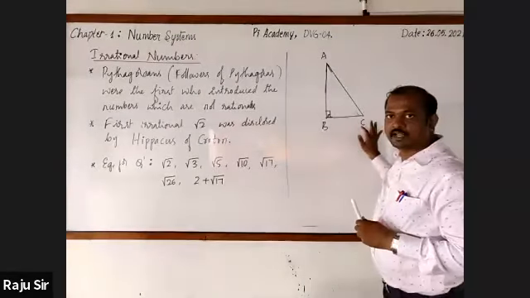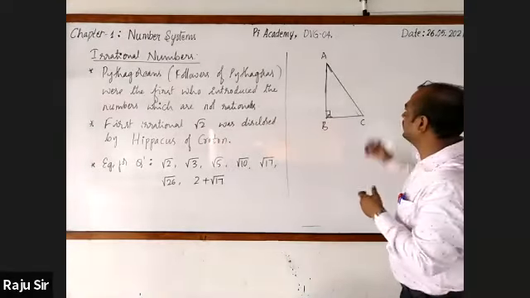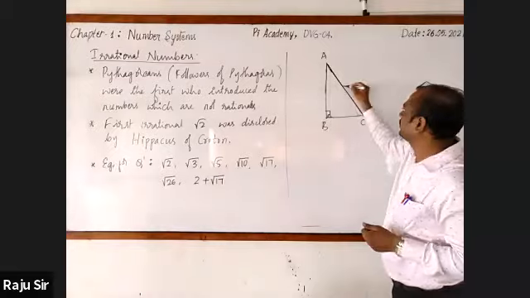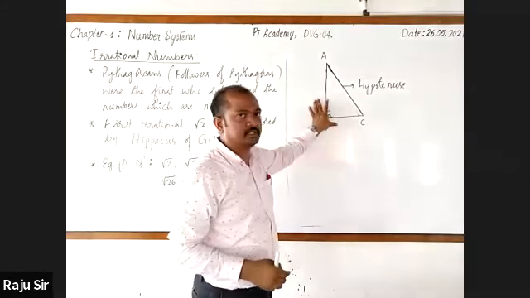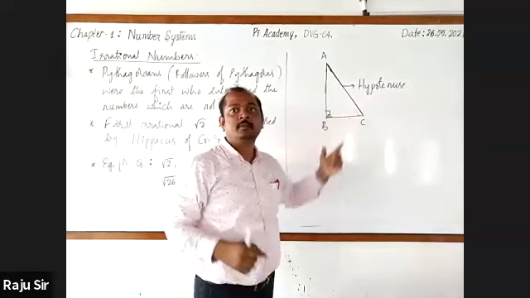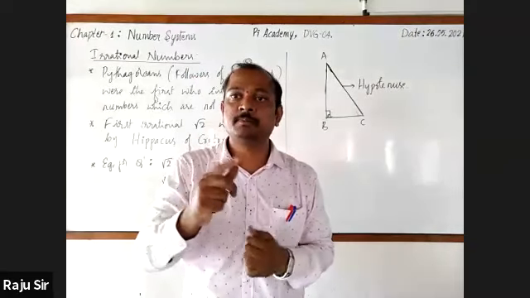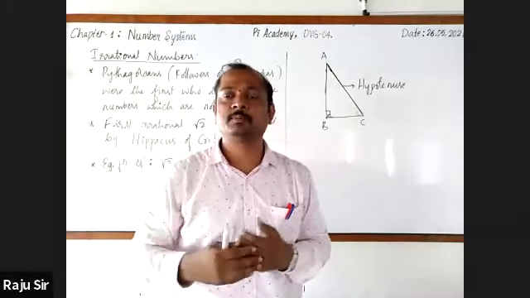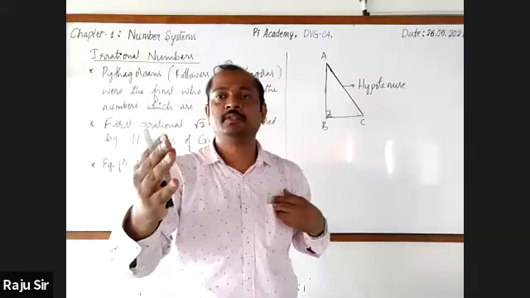See, this is a right angle triangle. Angle B is the right angle. And what do you call the side AC which is opposite to angle B? Hypotenuse, right? And these are the other two sides. It is altitude and it is base. My question is, we have a property related to the right angle triangle given by Pythagoras, and this is known as Pythagoras property. What is the statement of that Pythagoras property or Pythagoras theorem?